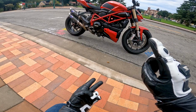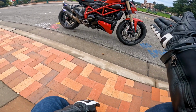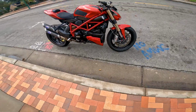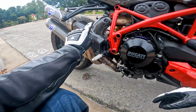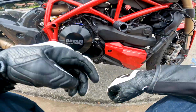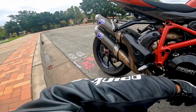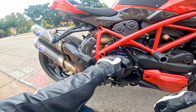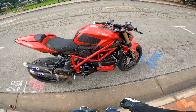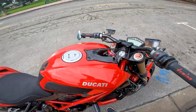So going to number 2, that's going to lead me to the carbon fiber. I've added a lot of this. Actually, I've added all the carbon fiber. It's been here, here, here, back here, on the other side. And I like the red and carbon fiber contrast. I really like how it looks. And here we even have it on the,